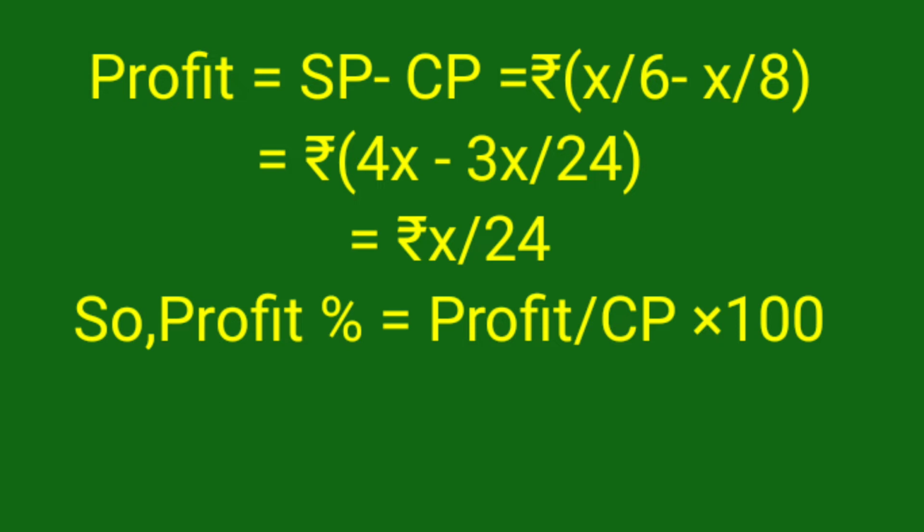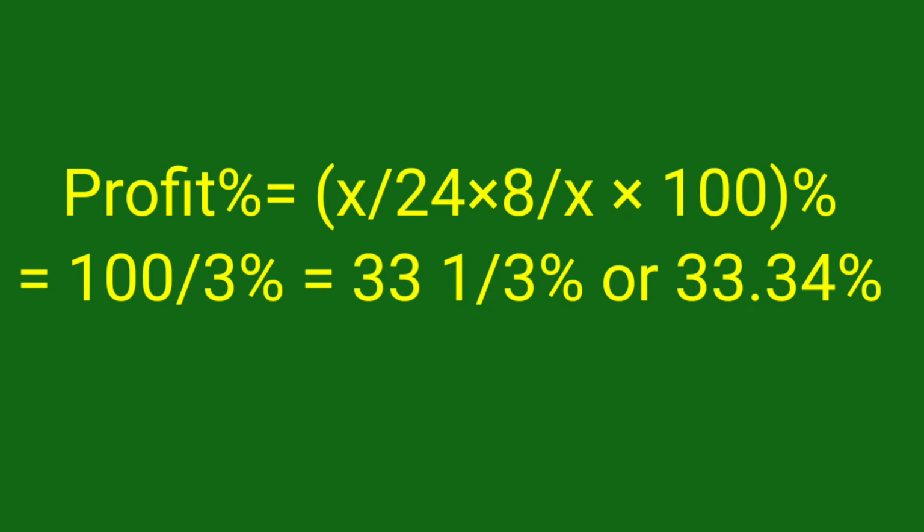So here you can see X by 6 minus X by 8, we get X by 24 rupees. So profit percent, how do we find that? Profit by CP into 100, and this way we calculate. Here some algebraic method is also used by taking X, that you also have to remember. So profit percent is X by 24 into 8 by X into 100. So 100 by 3%, that is 33 1 by 3%,